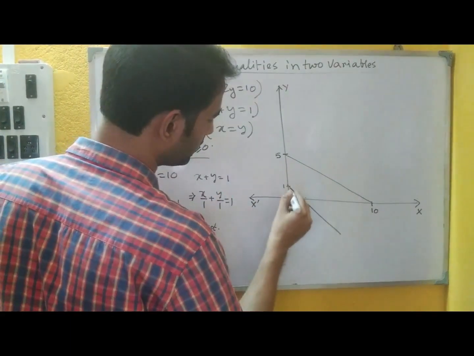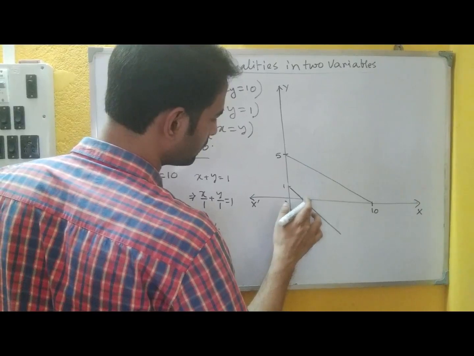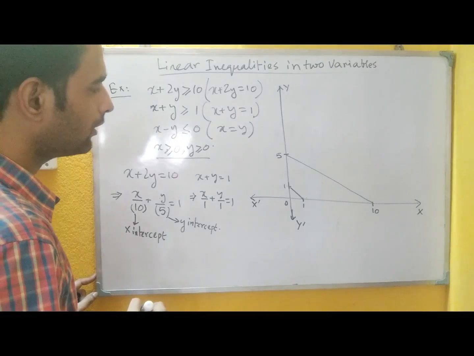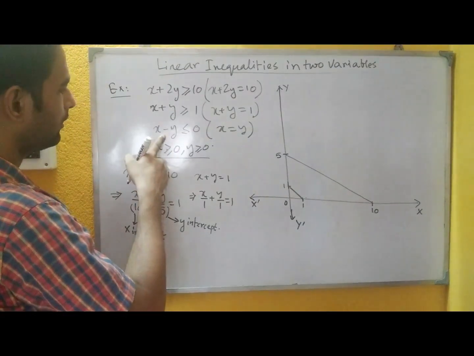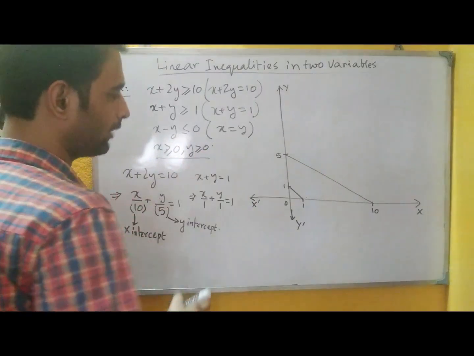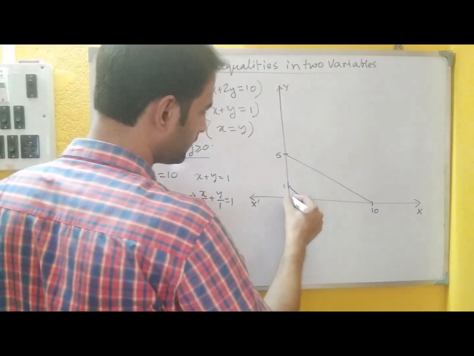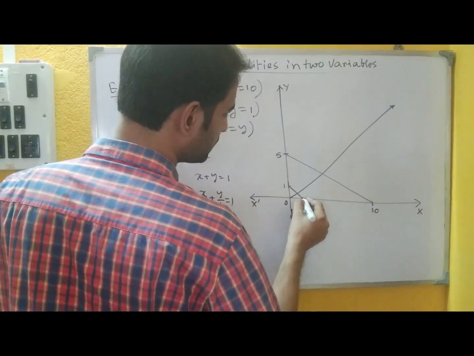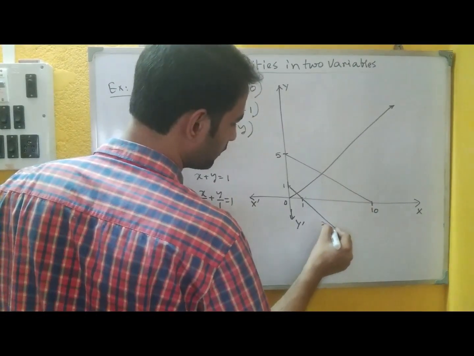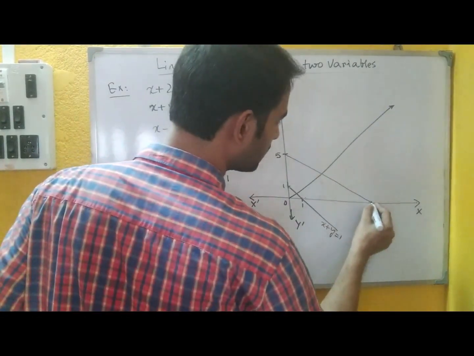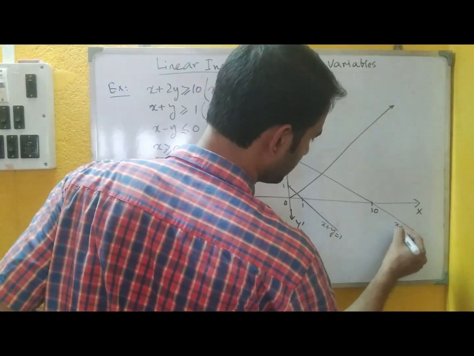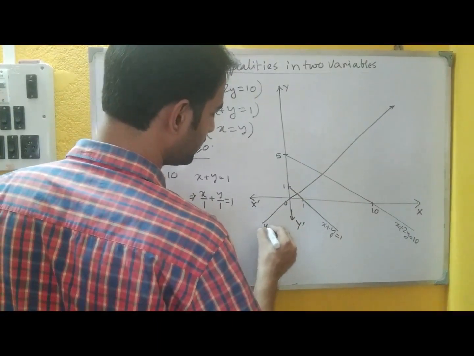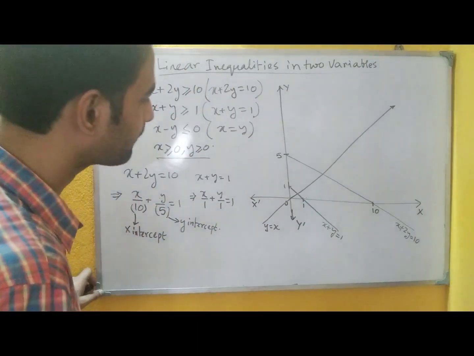Okay, let us restrict it in the first place. So the line will be like this. Next is the line x minus y equals 0, x equals y. So that means the line is like this one, x equal to y. Just extend the lines, and for your convenience write the equations here with the line. It will help you to recognize which one is which line.